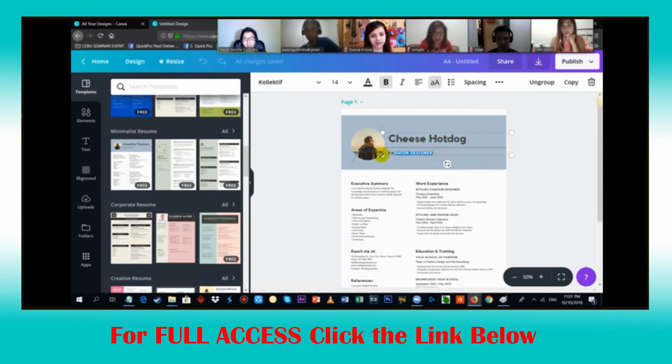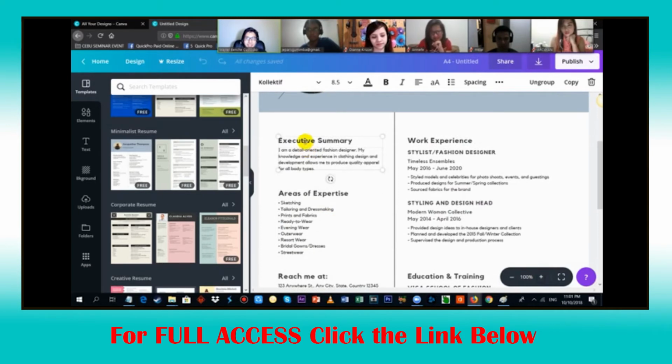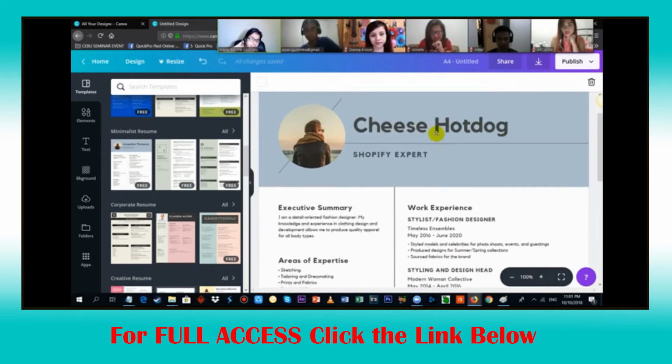So, let's say nag-apply ka for, ganun yung ina-applyan mo. Diba? Or pwede rin online Shopify expert, 'di ba? Part-time lang kasi hindi ako pwede mag-commit. Pwede rin 'yan. Or dito kayo sa executive summary, you can actually edit all of this, guys, but I want